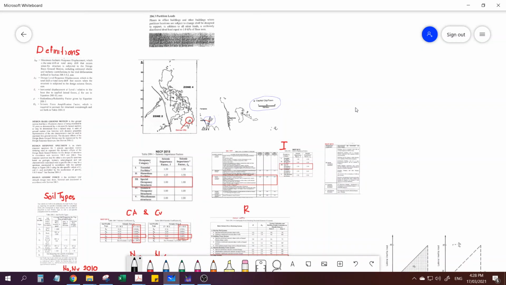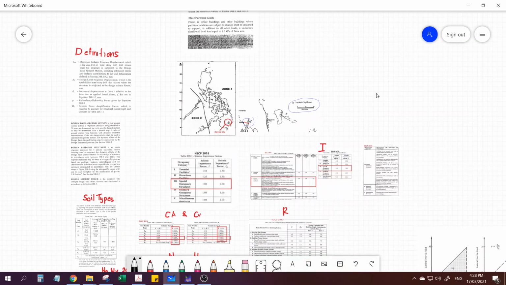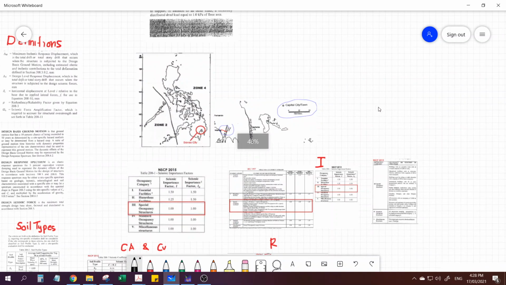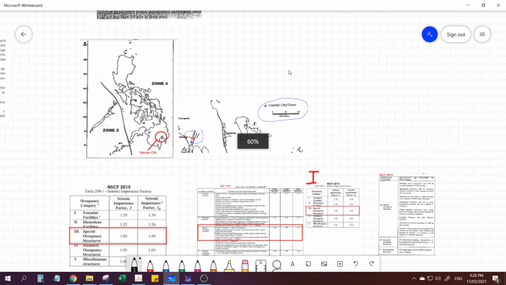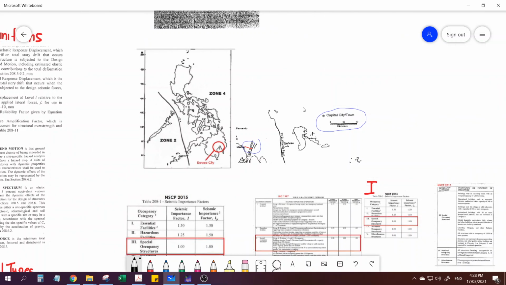For example, you have your project located in Manila, say very near TUP. So this is the snippet from NSCP. Again, we have two zones, Zone 4 and Zone 2 under NSCP 2015. And there's another page there where you will see